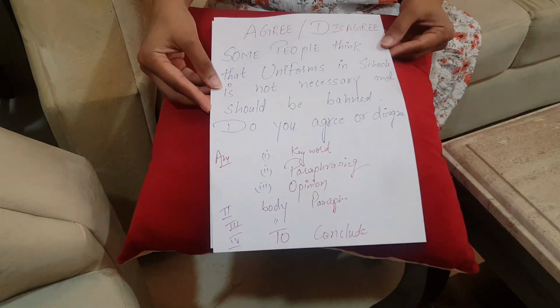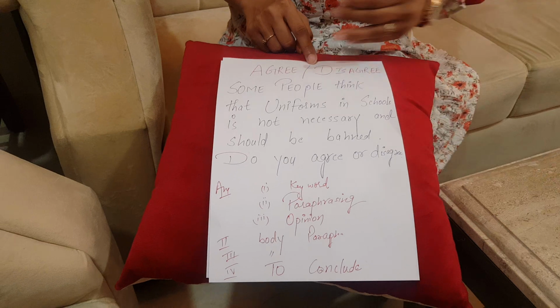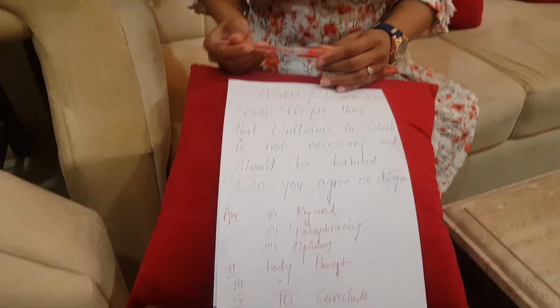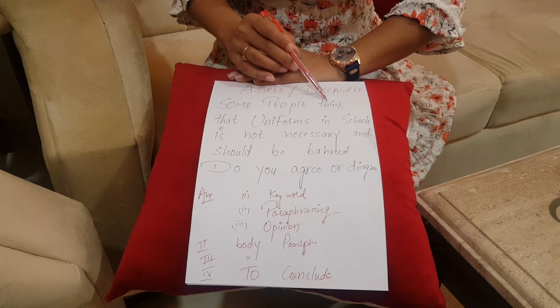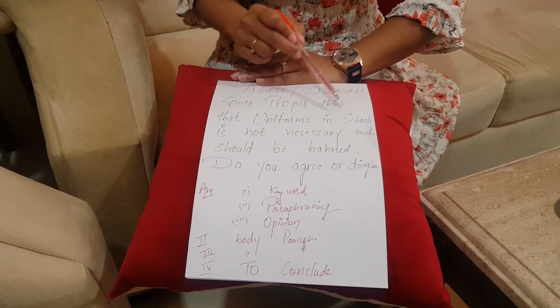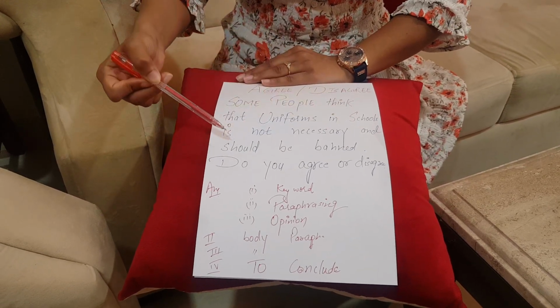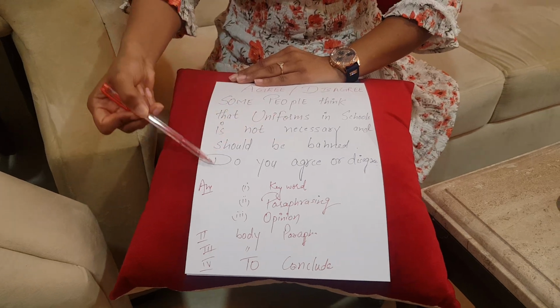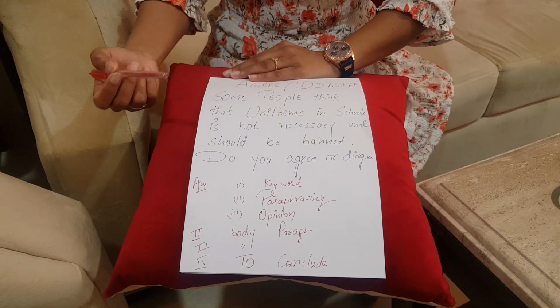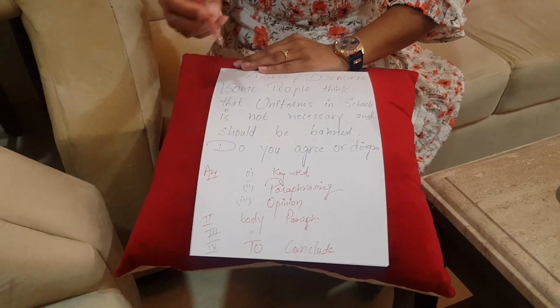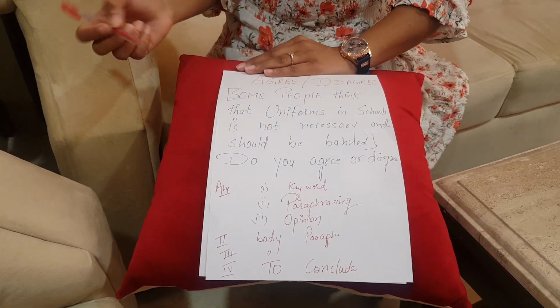So here is my formula, my basic structure that you can employ in your writing to fetch your desired bands. Agree, disagree? Question is, some people think that uniform in schools is not necessary and should be banned. Do you agree or disagree? Question from some people to banned. This is your question,